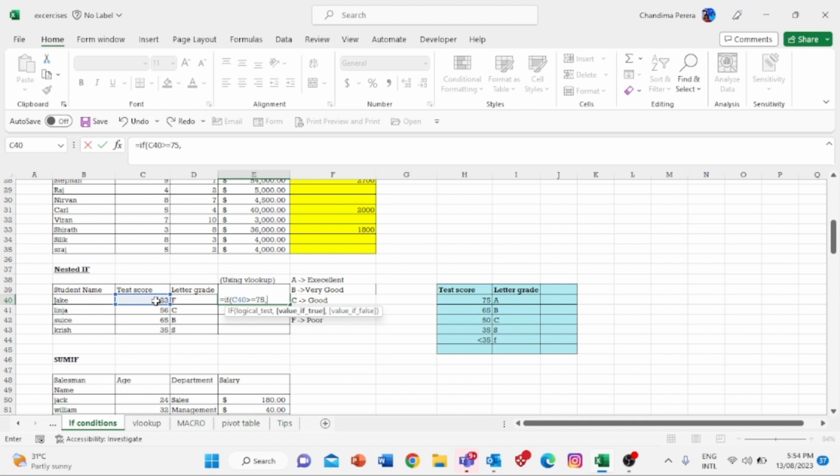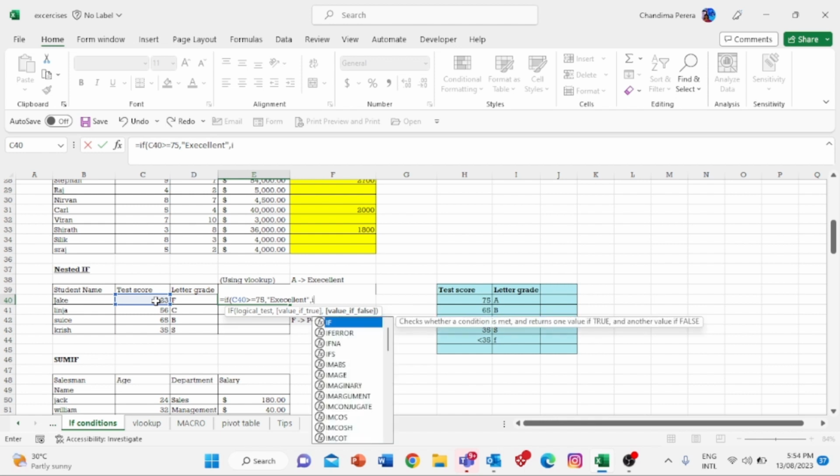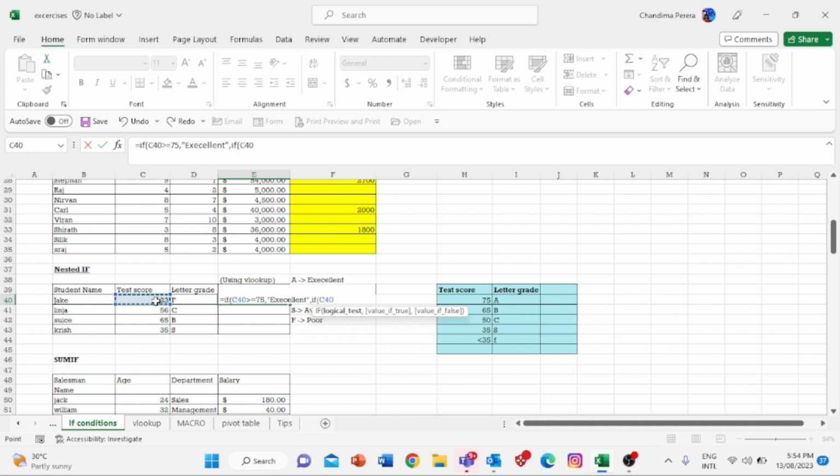You can give straight away the character value, excellent, or else again if condition, open bracket, this value greater than or equal 65, then say very good,